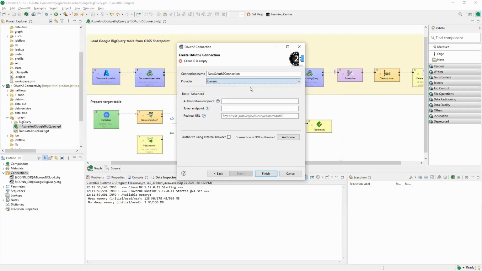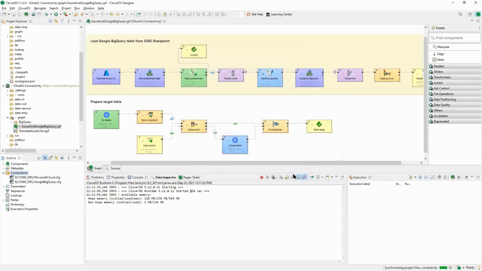If I have a generic one, I will not have these 2 pre-filled, and you actually need to check the documentation of your provider and just copy paste those URLs in here. But otherwise, it will work exactly the same. When you specify these information, just click authorize, and the procedure basically begins. It's exactly the same one as you're probably used to from your mobile phones. When you are authenticating against OAuth2, you'll get through login page of your provider to an approval page,